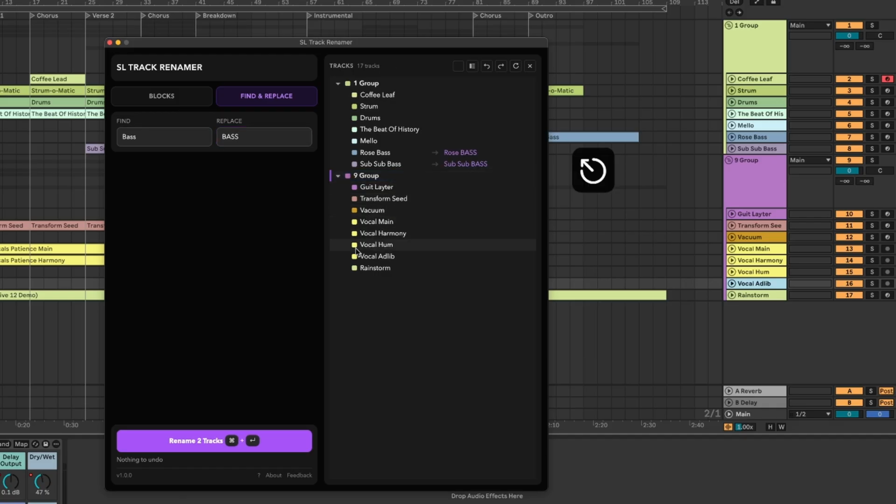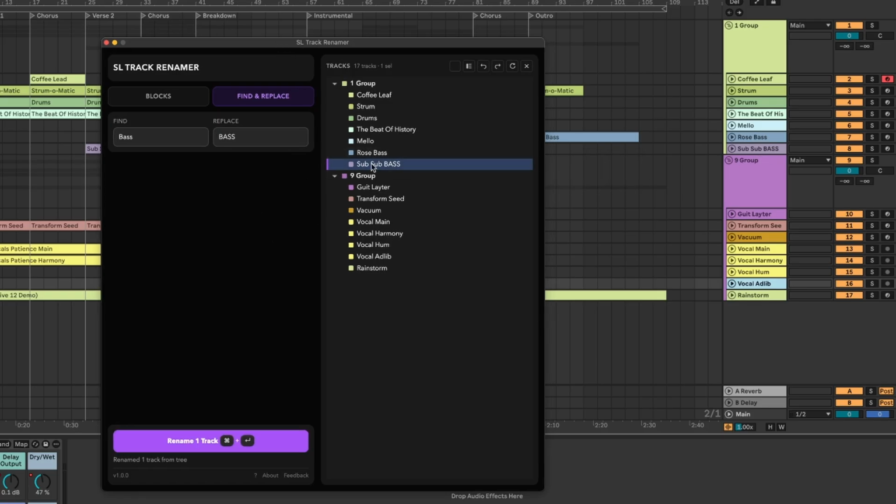So what I need to do is hit escape or hit the little X button up here, which will cancel the selection, which means everything available will get renamed. Otherwise, you can also just select a specific range. So if I want just one of those to be replaced, I can hit it and then hit the button down here or hit Command Enter or Control Enter on Windows. And that will, boom, do the renaming, as you can see in my session, without having to leave the floating